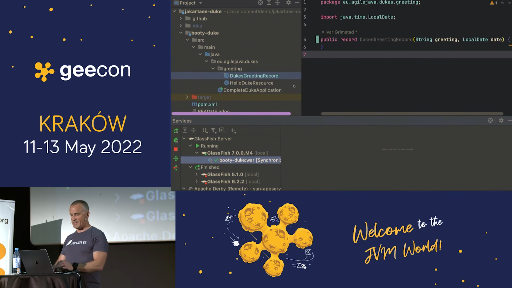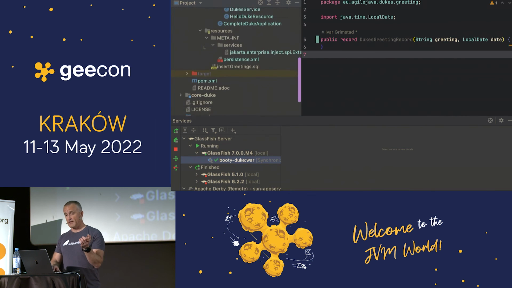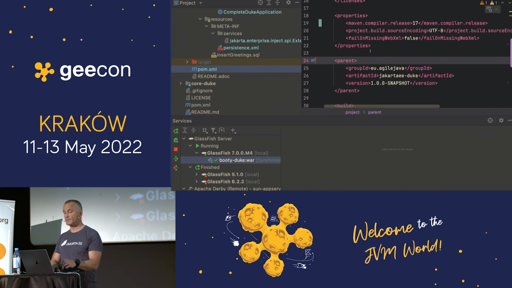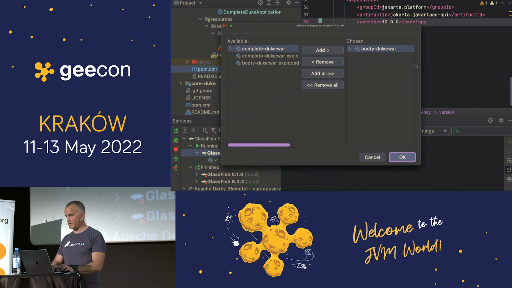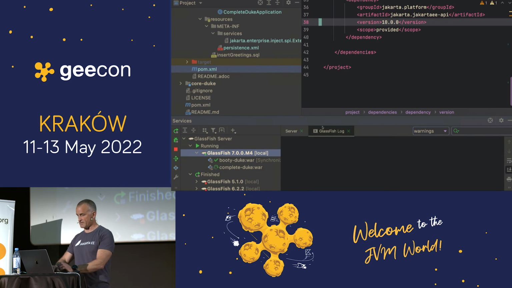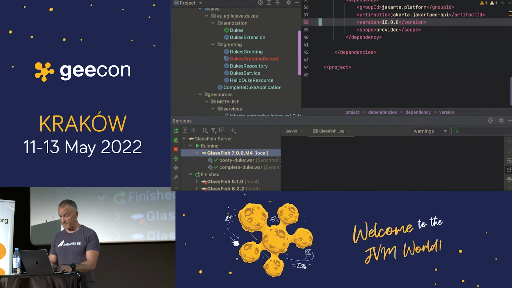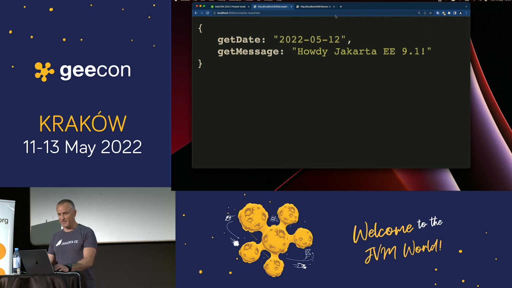What I want to do is to take, and this is the one that is going to fail, the complete Duke, and let's move this one to 10 as well and deploy it to Glassfish 7. So I'll upgrade this to 10. Let's refresh it and go and deploy it. Complete Duke there, add it. All right. And now be prepared, because now we're going to see some red, I hope. Oh, it doesn't work. I don't know. Something is weird. Well, so I'll tell you what I was expecting should go, and we can figure it out afterwards. But here you can see it works.